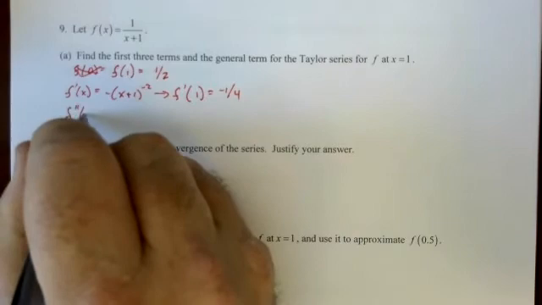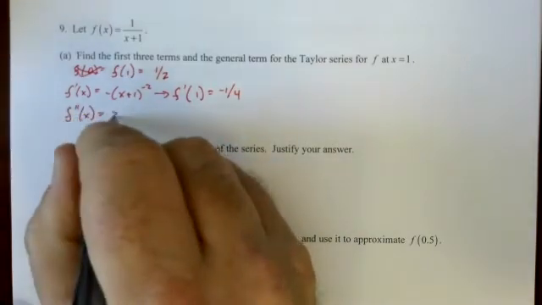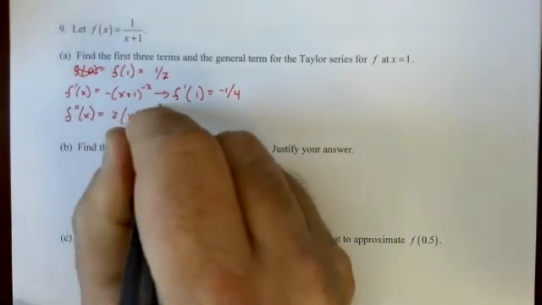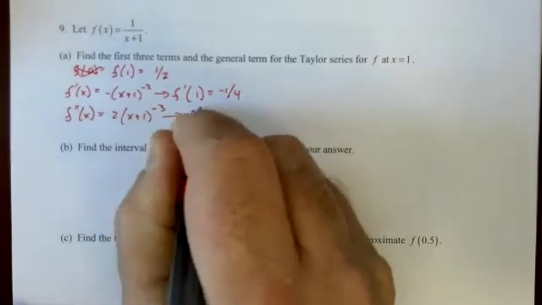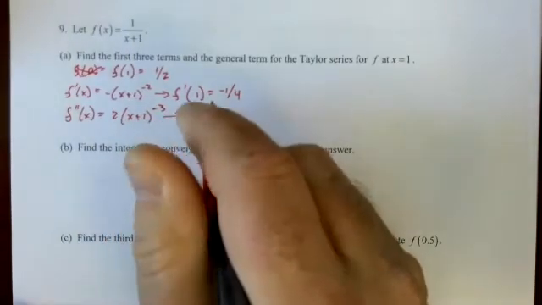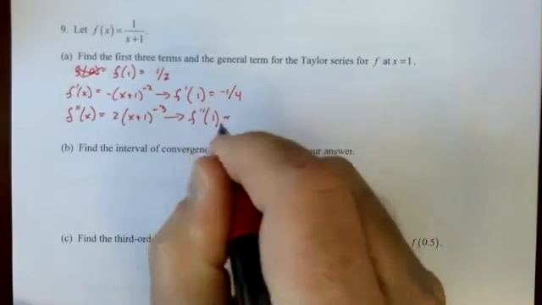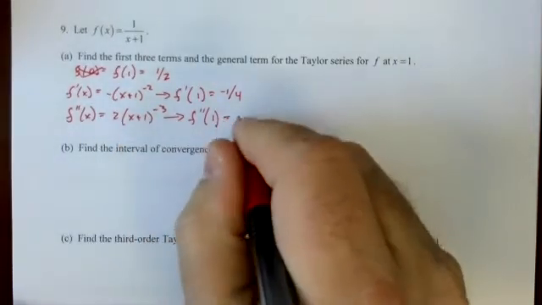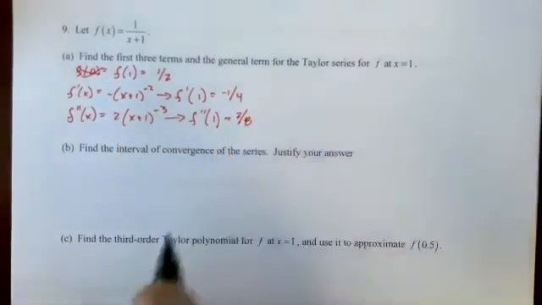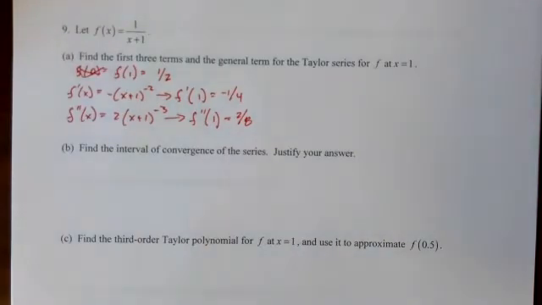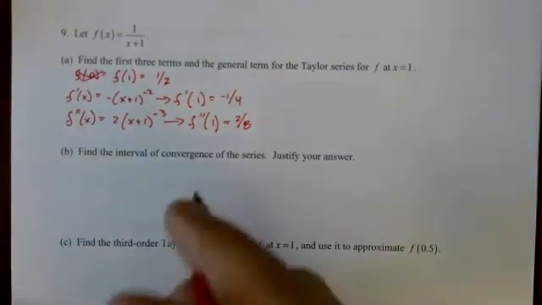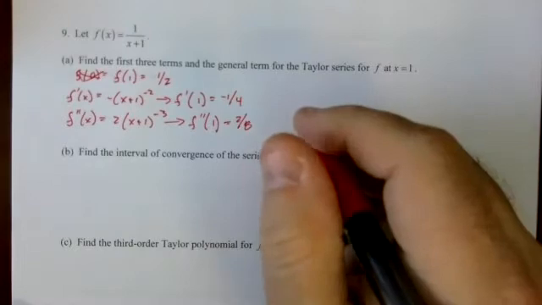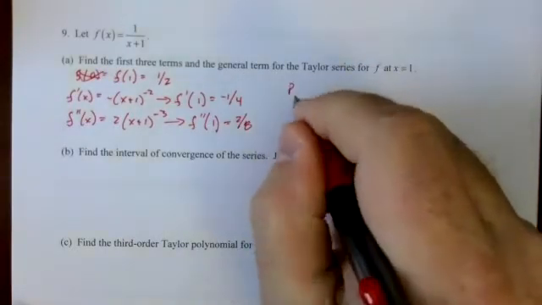f double prime equals 2(x plus 1) to the negative third. f double prime of 1 equals, I am going to leave it as 2/8. It equals 1/4, but I think that might be a smart thing to do. So the first three terms,